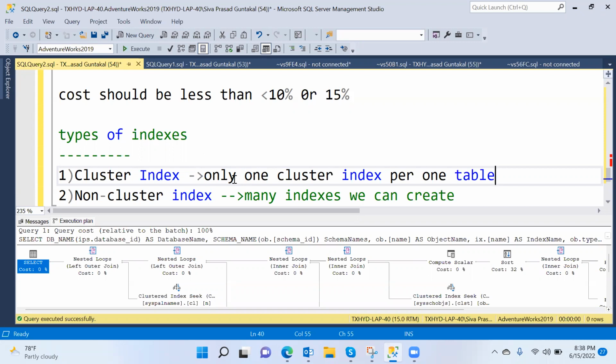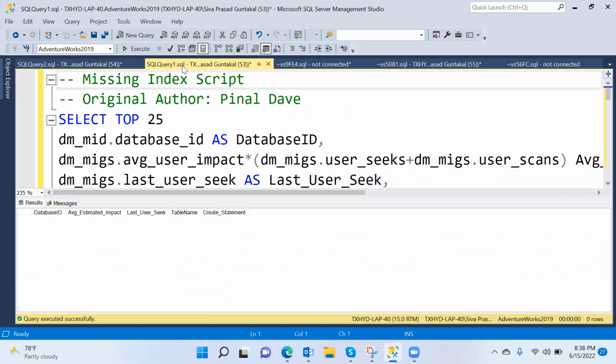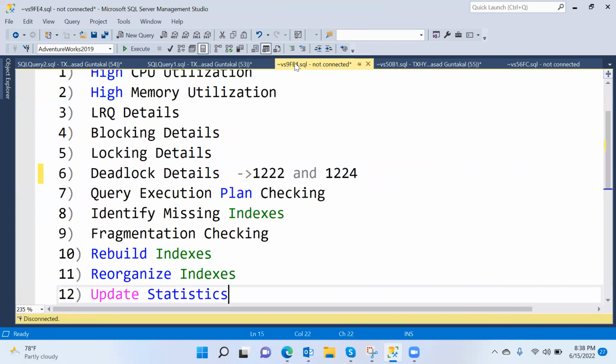Or based on the PAN number and Aadhaar number, or based on your mobile number, or based on your name. Based on the column conditions, we can go and find out the columns and create the indexes. So we need not struggle more. We already have so many standard scripts. So while creating the indexes,